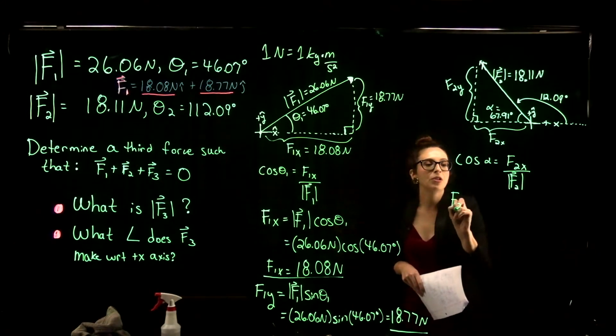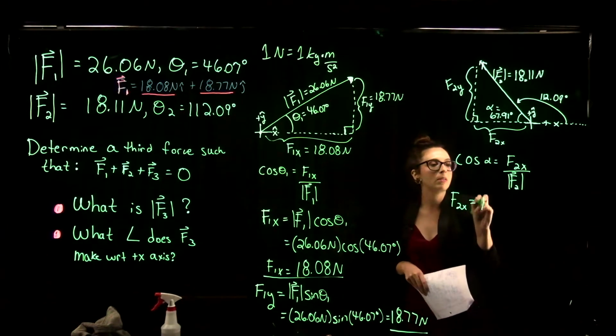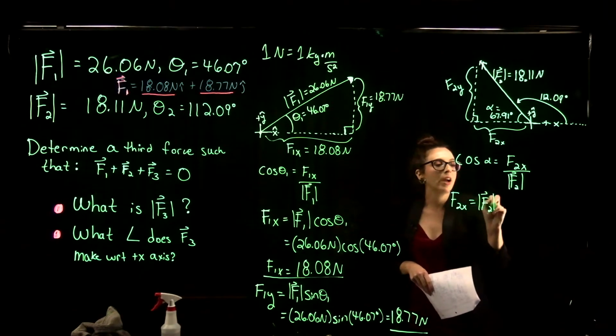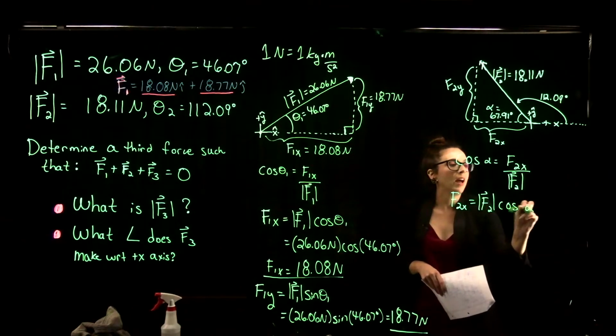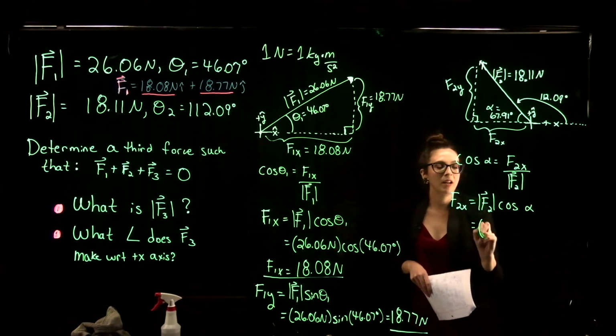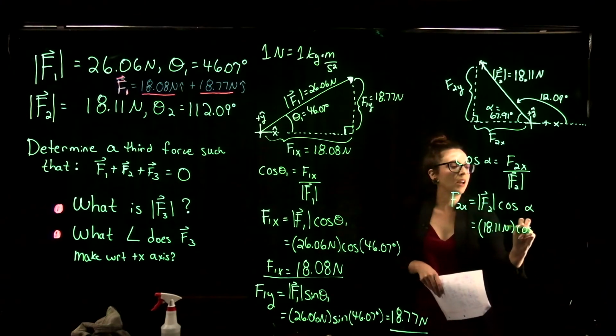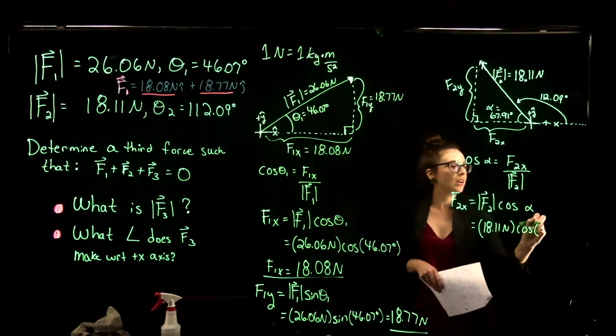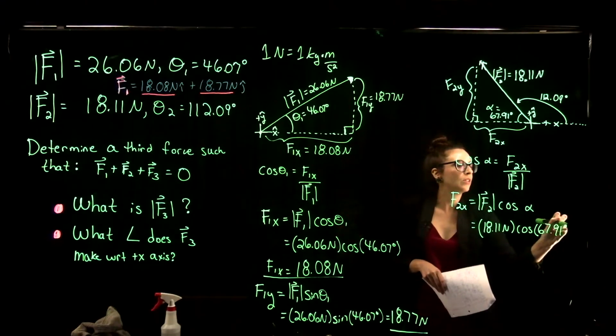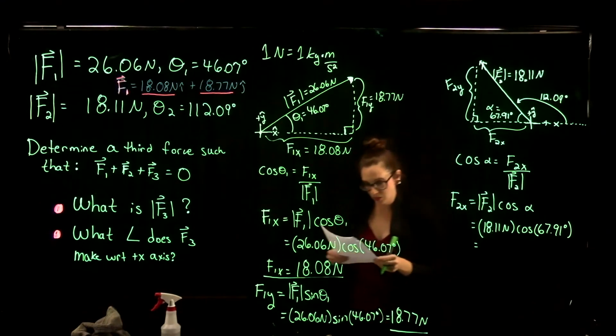So F2x equals the magnitude of vector F2 cosine alpha. So this is going to be 18.11 newtons cosine of this angle here, 67.91 degrees, and that is equal to